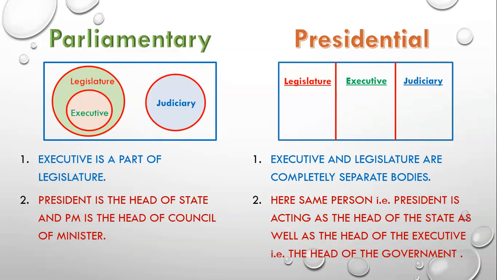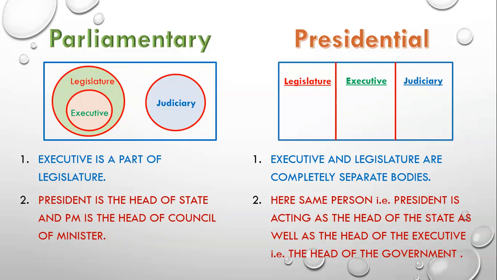But friends, India is a very vast country. USA is a very vast country. The population of India is more than 130 crores. So practically it is impossible that the entire population of India assembles at a single place, discusses and then makes law for themselves. It is practically next to impossible that 130 crore people assemble at one place, have a good discussion and then make good laws. So such large countries adopt another form of democracy.